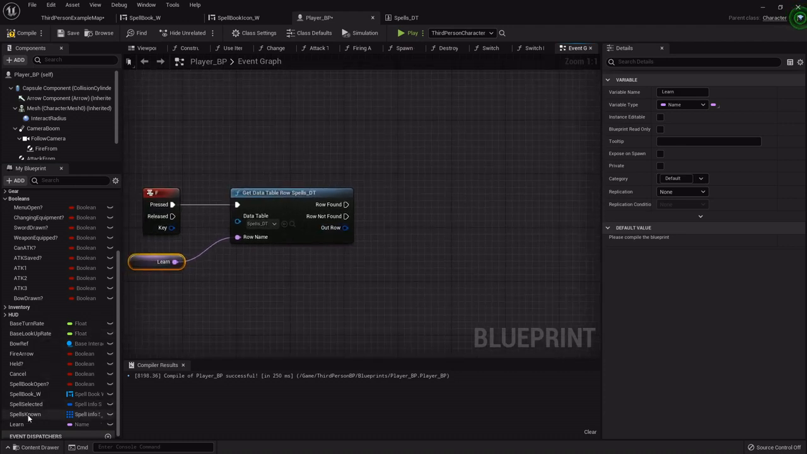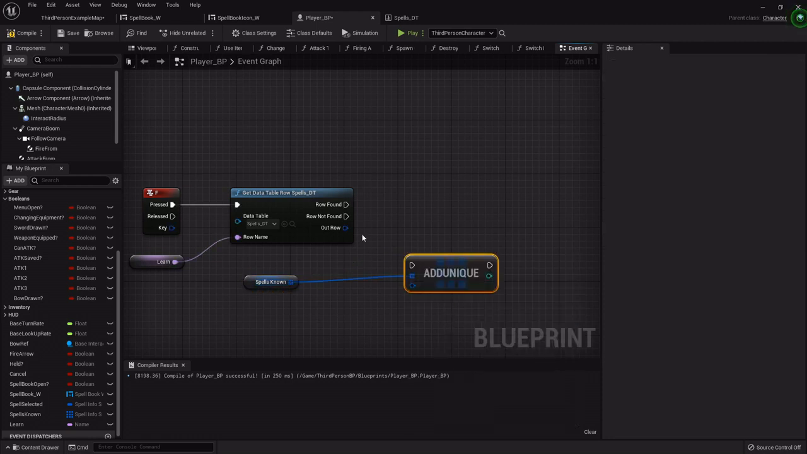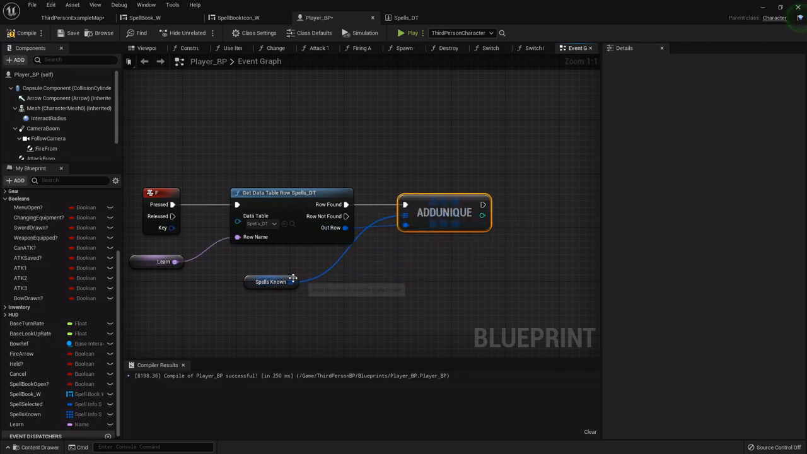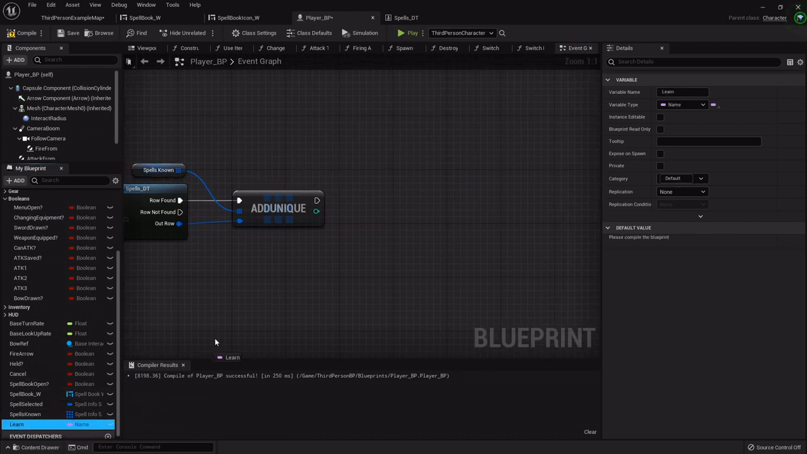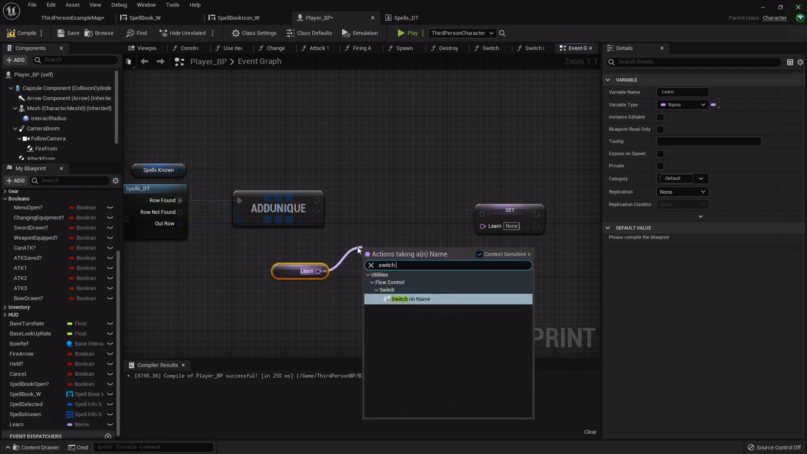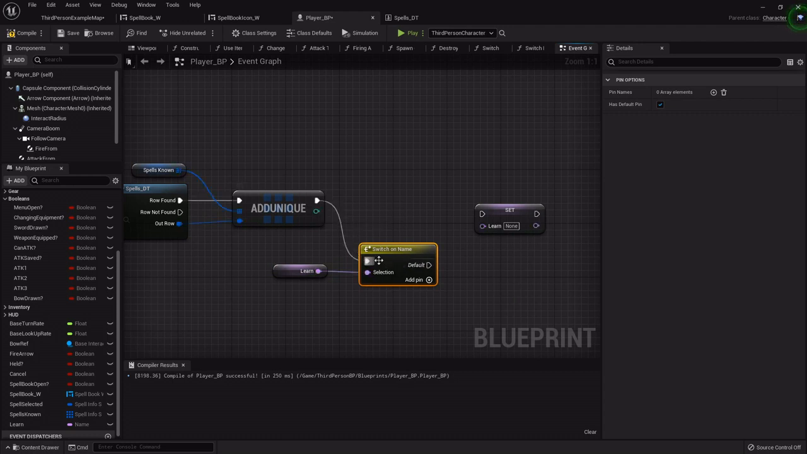So now when we're learning the spell, we want to grab our spells known array and add a unique instance to it. So we'll check this row and then add that to our spells known array. So I'm going to set that up there. And then we can drag out our spells known and set it. Drag it out and get it. And then we want to do a switch on name. Now these names will be just like our